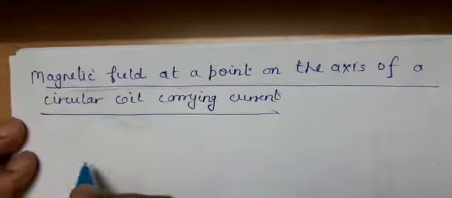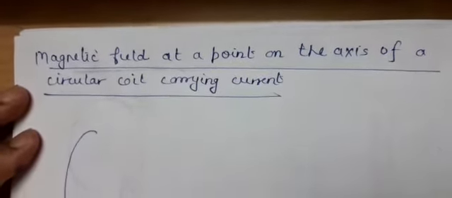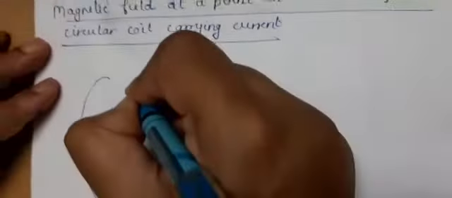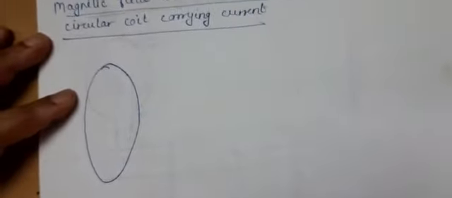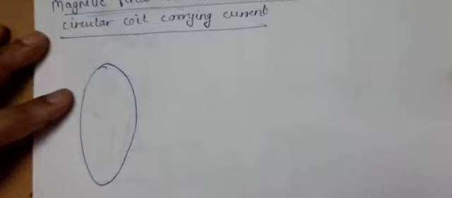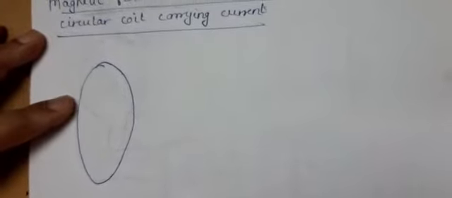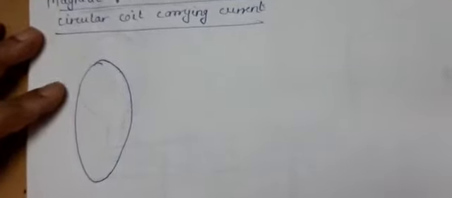So here, let me consider a circular coil perpendicular to the plane of the paper. If you remember, we did a similar concept in electrostatics to find the electric field on the axis of a circular loop. This derivation will be almost similar to that concept, so you can correlate these two relations. If you have clarity at that point, then you will easily understand this.